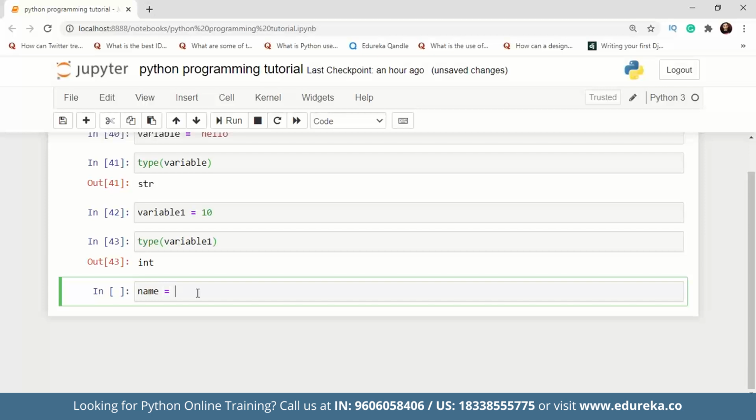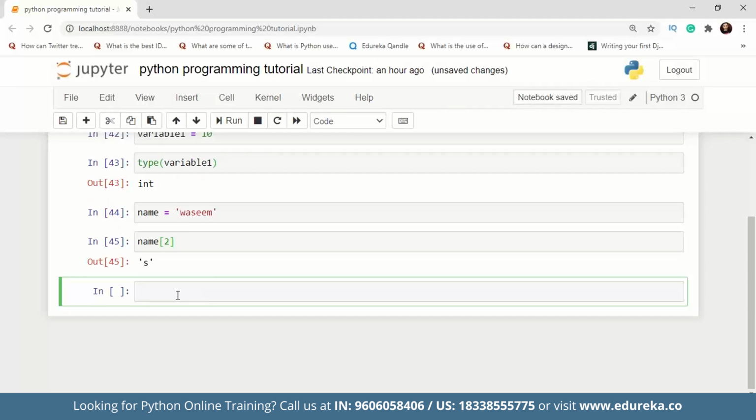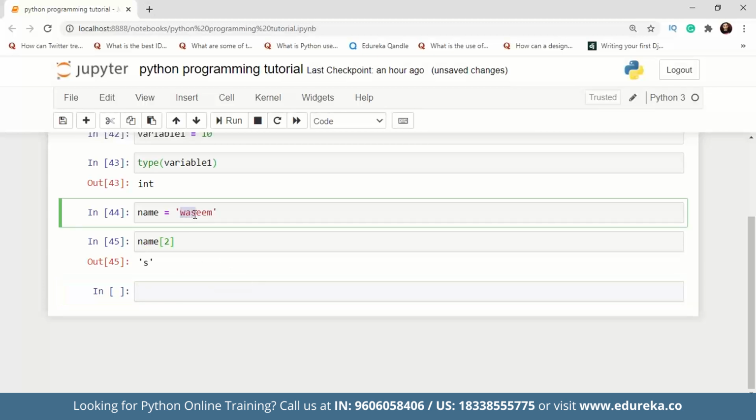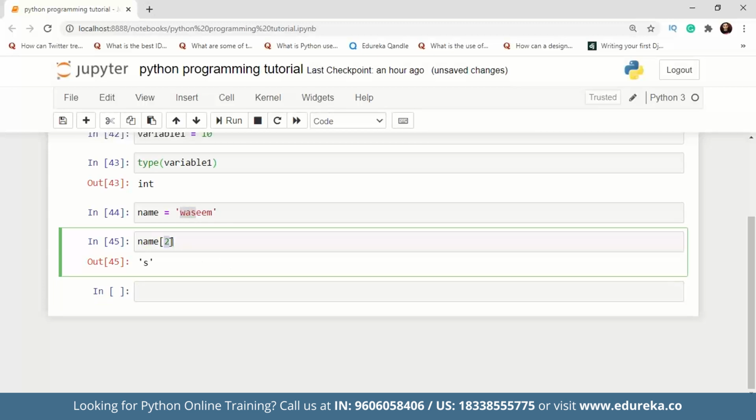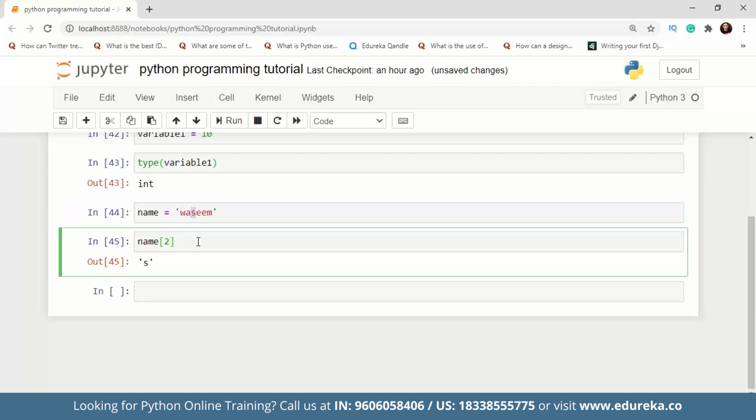So let's say I have name is equal to a string. If I want to access some values, I can use indexing, guys. Indexing is nothing but the index values that we have over here. I'll just explain what indexing in strings is. If I write name and in the square brackets I write 2, the index value is 2, which I want to access. At index number 2, we have the third alphabet from the string, which means the indexing order starts from 0 and goes until the end of the string. So this is how we use strings.